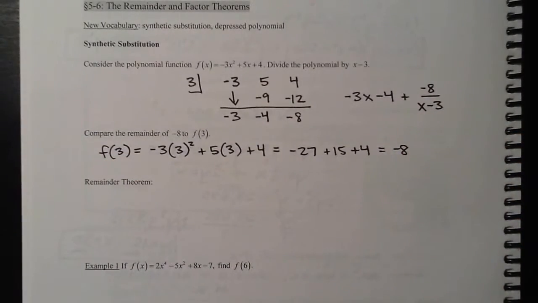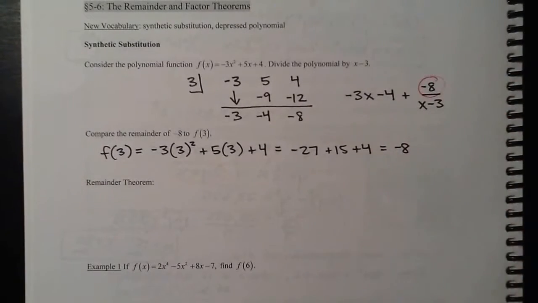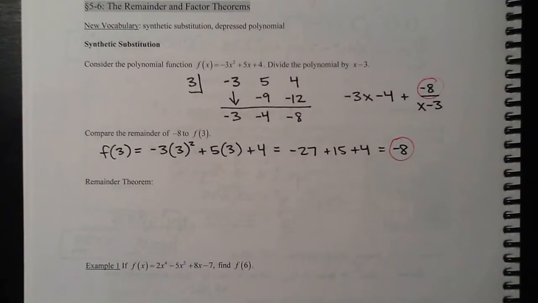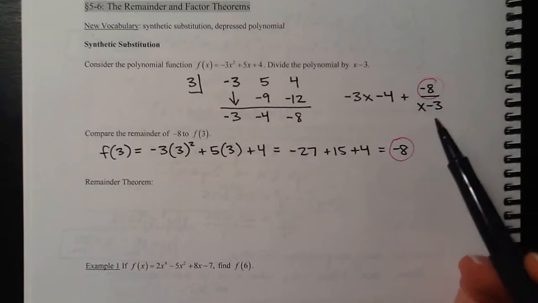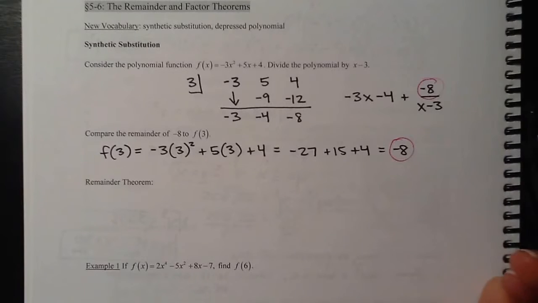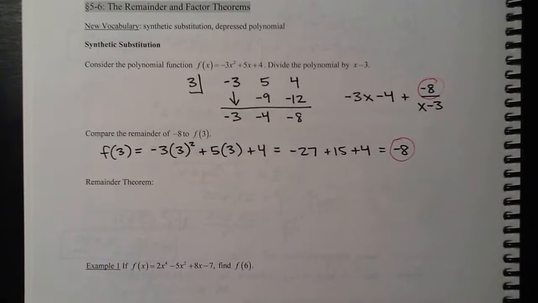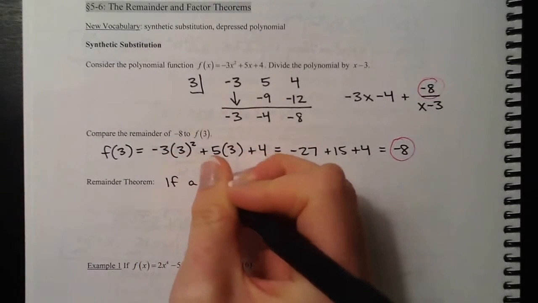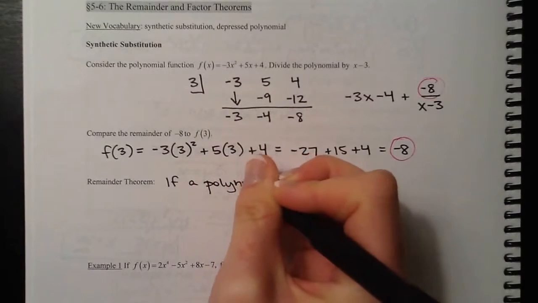So it is absolutely no coincidence at all that my remainder in this first problem was negative 8, and then when I plugged in 3, I came up with negative 8. That is not a coincidence. That will happen every single time. So that actually leads me to something called the remainder theorem. The remainder theorem tells us that the remainder that I get ends up being the same as when I plug this in. So I'm going to write it in symbols, the fancy way, and then we'll explain it. So we can say, if a polynomial p of x is divided by x minus r,